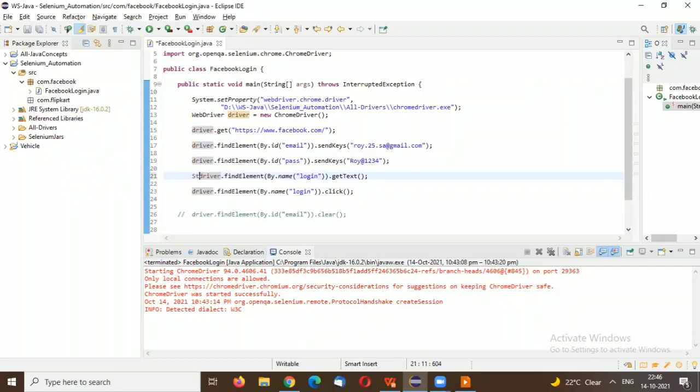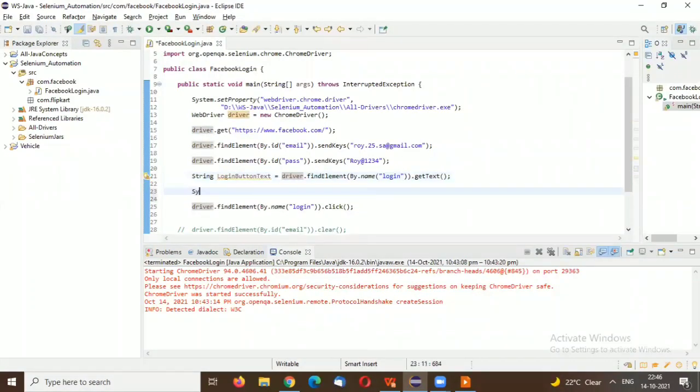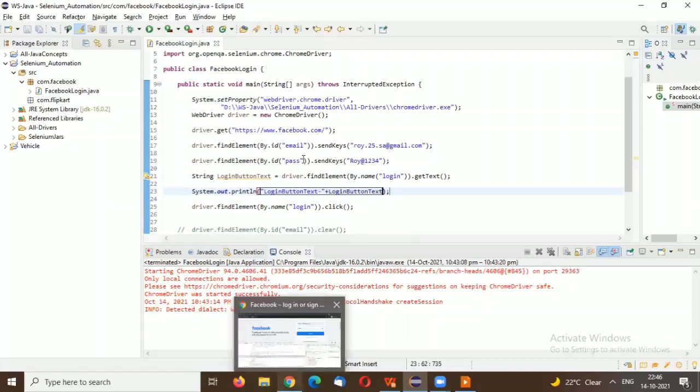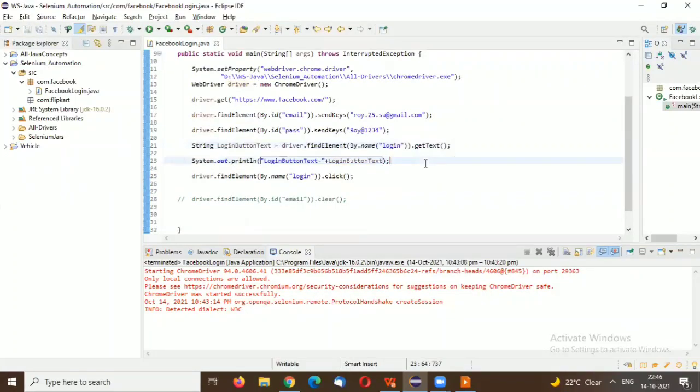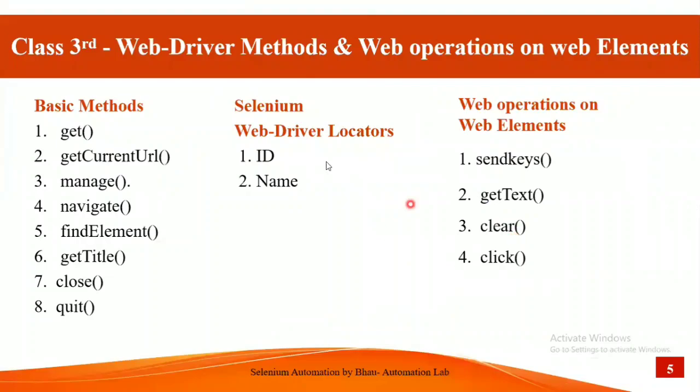If I store this in a string, loginButtonText is equal to that, and then System.out.println it, it should print the text from that login button. So through the get text web operation, we can get the actual text from that web element.